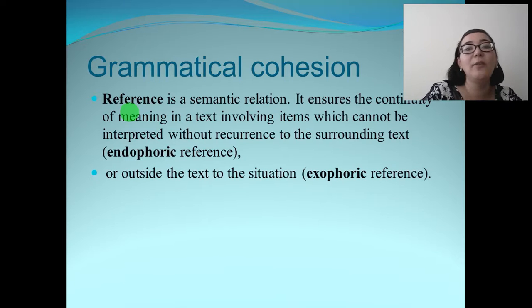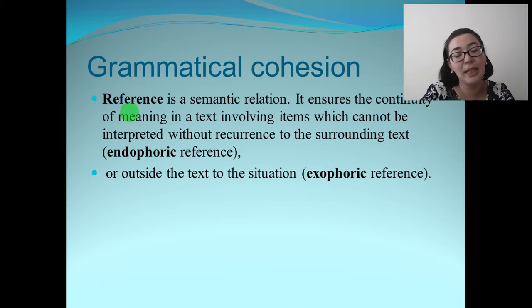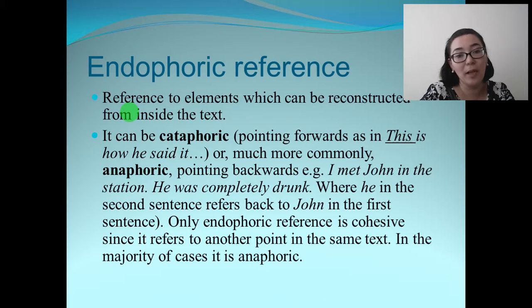Grammatical cohesion. The first one of them is reference. Reference is a semantic relation. It ensures the continuity of meaning in a text, involving items which cannot be interpreted without reference to the surrounding text. It is endophoric reference, or, outside the text situation, it is considered to be exophoric reference, a reference to elements which can be reconstructed from inside the text. It can be cataphoric, or much more commonly anaphoric, pointing backwards. I met John